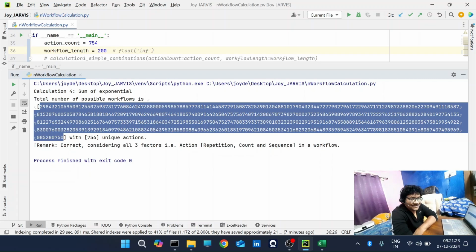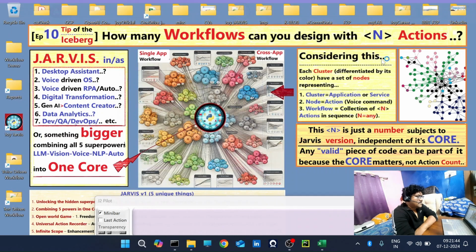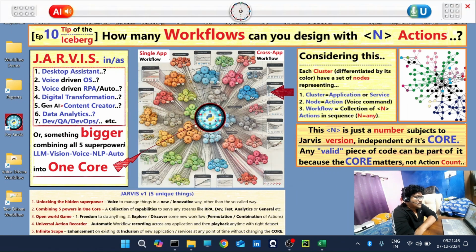So this is the total number of possible workflows. In simple terms, we can say infinite. A huge number of workflows. Now, it's not that all are valid workflows. Maybe 50%, maybe 10%, maybe 1%, or maybe less are valid. Still, that's also a big number. So the point I wanted to highlight through this example is that